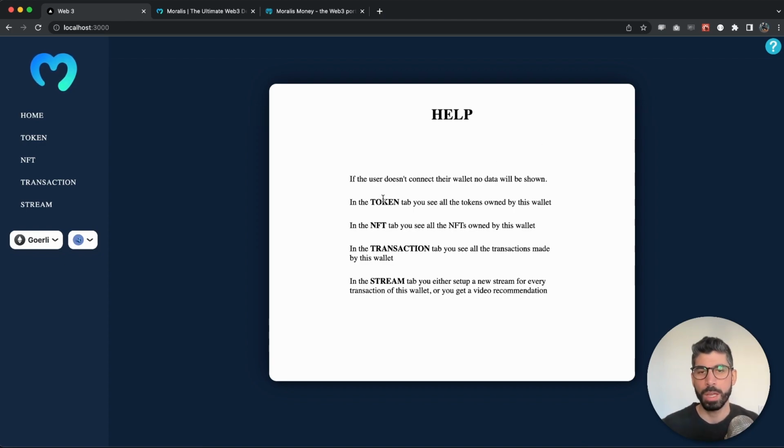Now in the token tab, you will see all the tokens owned by this wallet. In the NFT tab, you see all the NFTs owned by this wallet. In the transaction tab, we see all the transactions that this wallet has previously made. And in the streams tab, we either set up a new stream that tracks the transactions of this account or wallet,